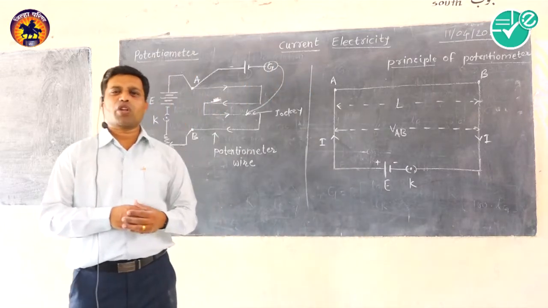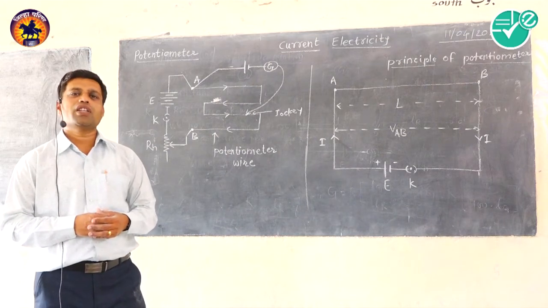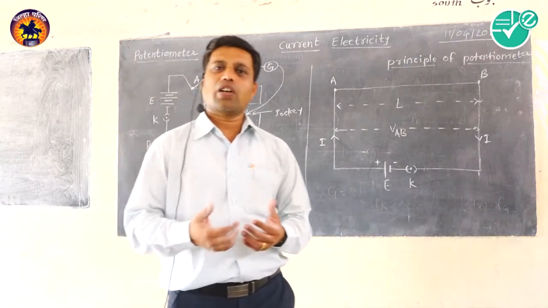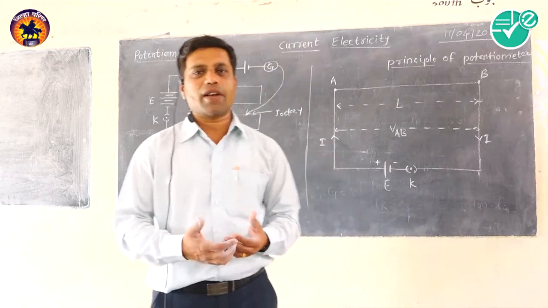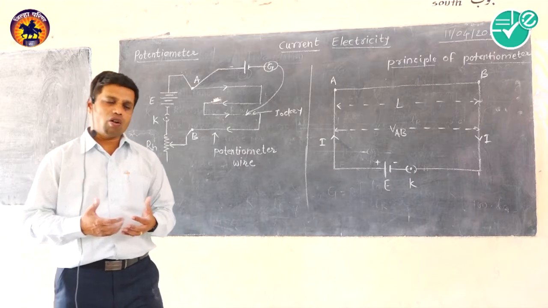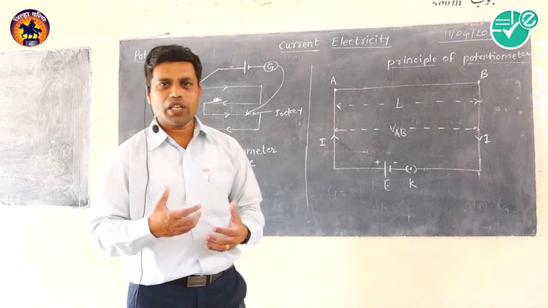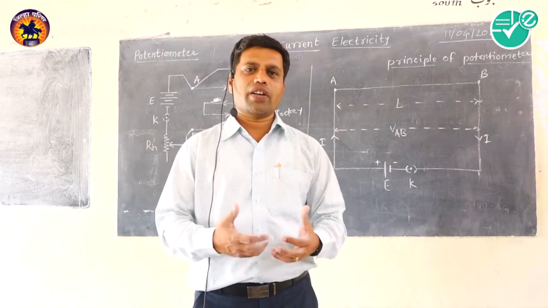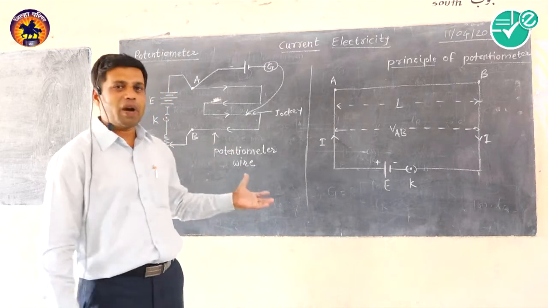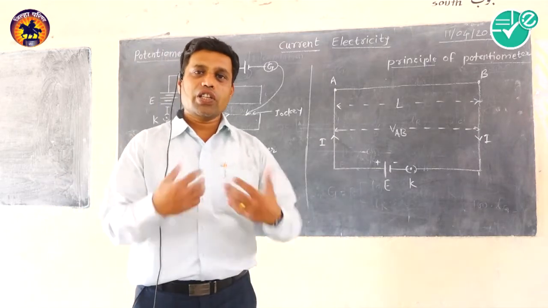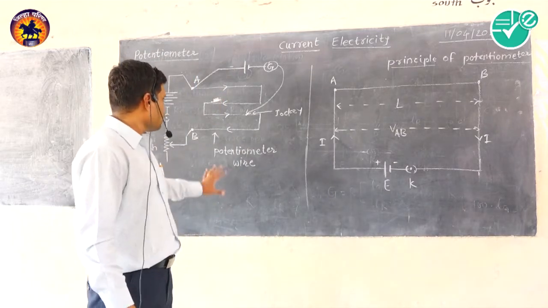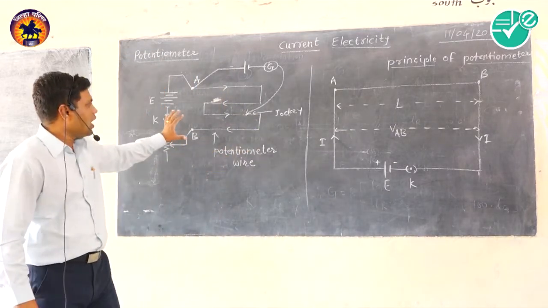The reading given by potentiometer is very accurate. It has many advantages over a voltmeter, because the accuracy of potentiometer is much higher than a voltmeter, since we can accurately design the potential gradient as we require. However small a reading we require, using potentiometer, by increasing its length we can decrease the potential gradient up to our requirement. So, this is a very short idea about potentiometer.